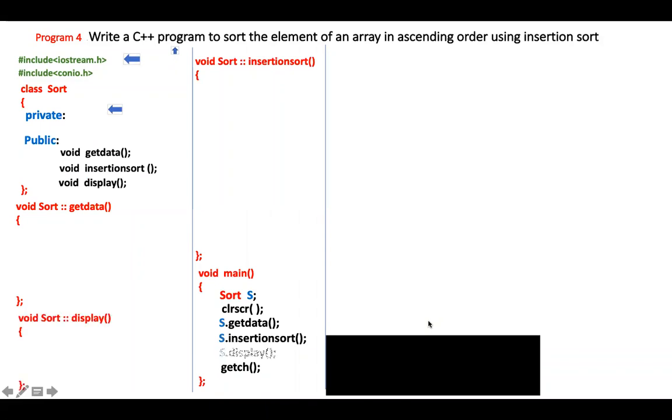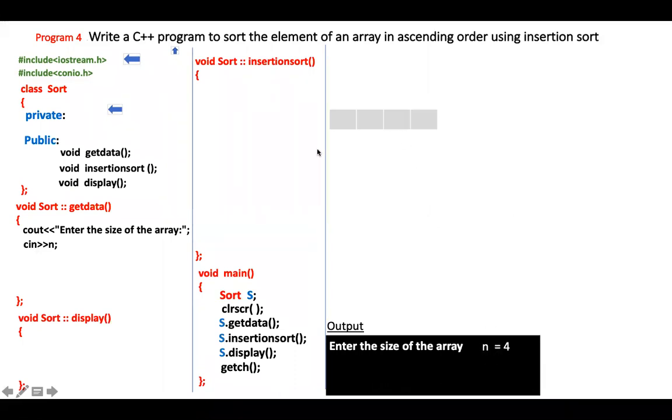Okay, till here we had finished. Next, enter the size of the array, and it will ask us the size of the array. If we input cin n, it will ask us the n value. I'll write the n value as 4. So it will create our array of 4 memory locations. Then each memory location will have its own address, given as a of 0, a of 1, a of 2, a of 3.